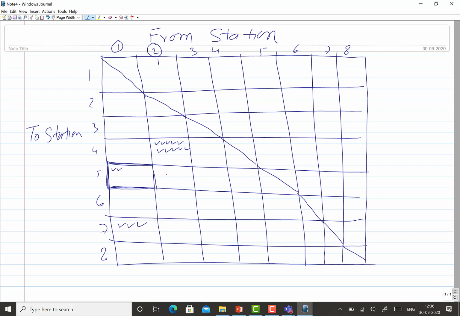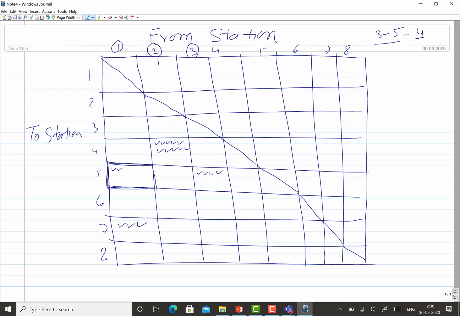Say we have to show the movement from station 3 to 5, and 4 movements are taking place. We start from station 3 and keep moving down until we come across the box opposite to station 5. So that is this. Okay.